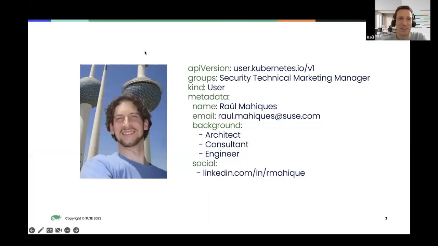So, well, this is me. My name is Raul Mahiques. I am a technical marketing manager at SUSE, focused on security topics. Before SUSE, I was working as a specialist architect at Red Hat, and before that, I held other technical roles. And today in this presentation, I will talk about the Longhorn storage solution for Kubernetes